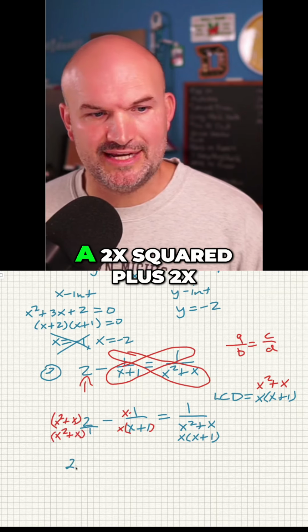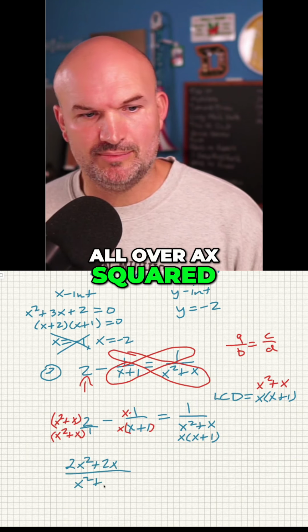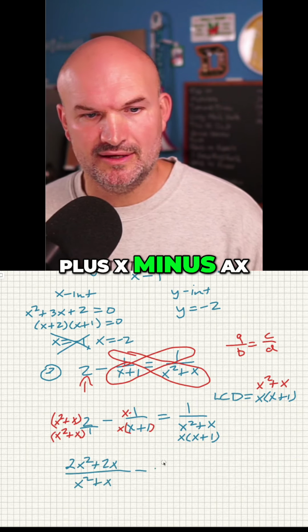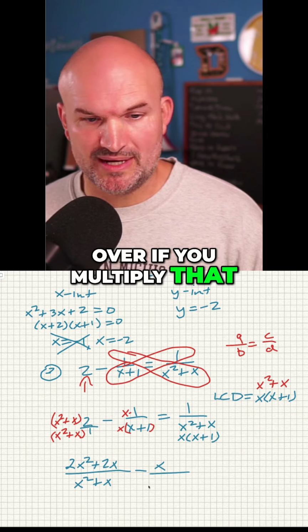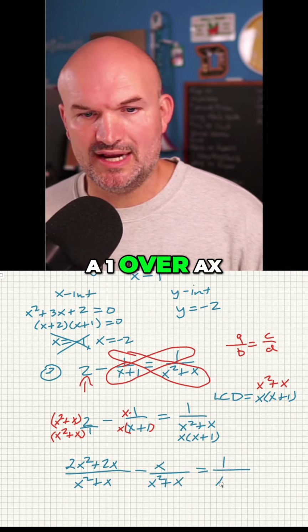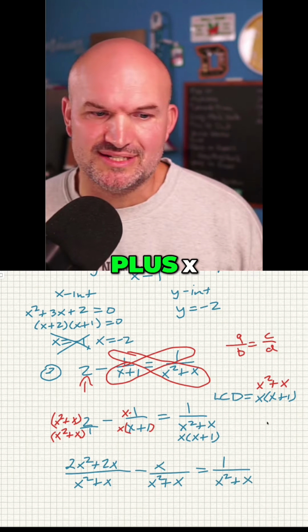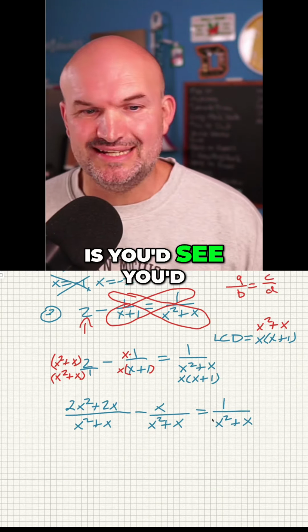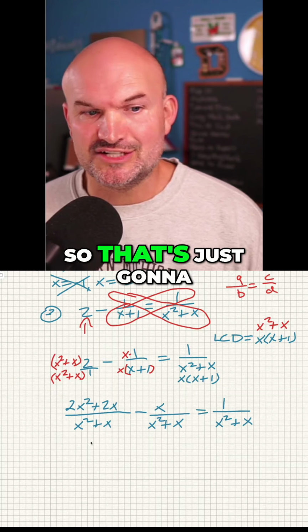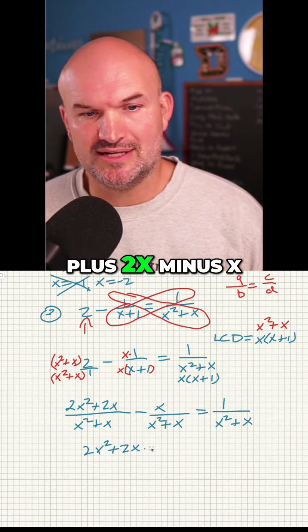Well, that's going to give me 2x squared plus 2x all over x squared plus x, minus x over, if you multiply that, x squared plus x, and then equal to 1 over x squared plus x. Now you could multiply everything times x squared plus x, and what would happen is you'd get rid of all your denominators. So that's just going to leave me with my numerator, which is 2x squared plus 2x minus